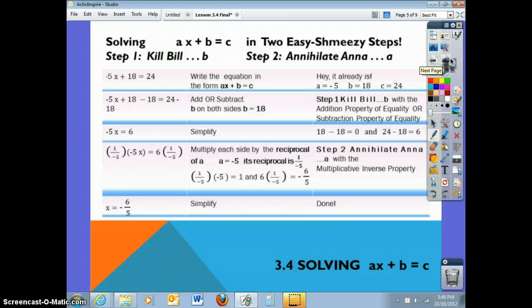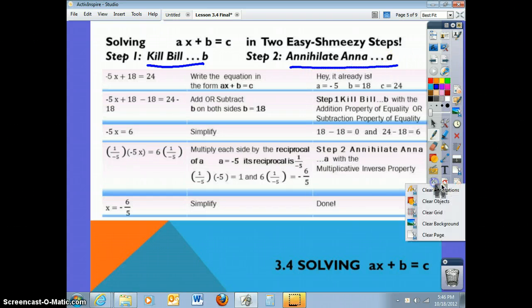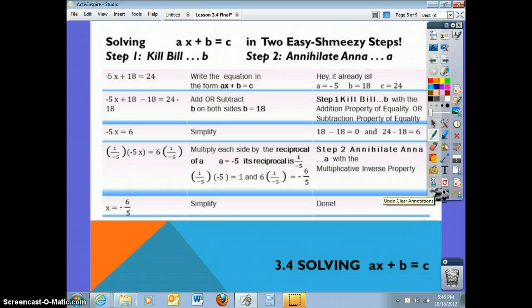So that's where we come up with this form of ax plus b equals c, because a stands for a number, and b stands for a number, and c stands for a number. It's just putting it in the form so that we can agree on what comes first and what comes second, where x is honestly the only thing that we don't know. Okay, so in that form we can solve for x in 2 easy steps. The first one is to get rid of the b, and the second one is to get rid of the a. So if we have an equation like this one here,